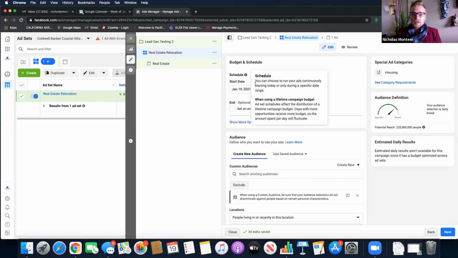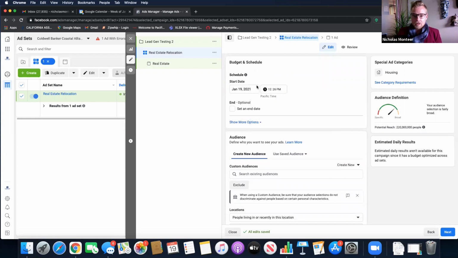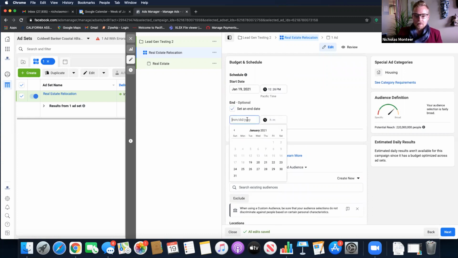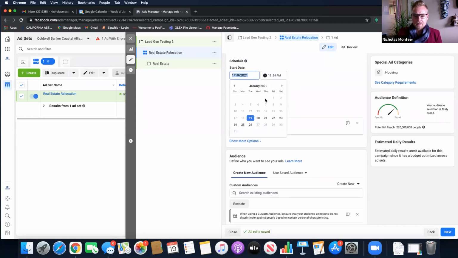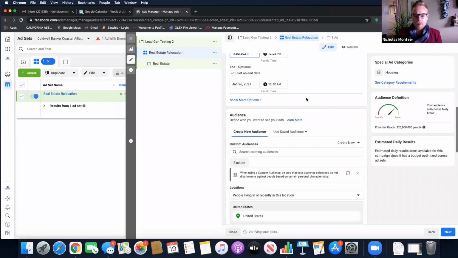You can also set a start and end date for your ad, right? So maybe I want it to take off today and I only want to spend maybe like $100. So I could state that I only want this to go for maybe a week, especially if you're doing a custom ad for a listing. Maybe I only want this to go for an entire week. So start time today, ends in a week from now. The start date is in the past. Sorry, I'll have to make it for tomorrow.